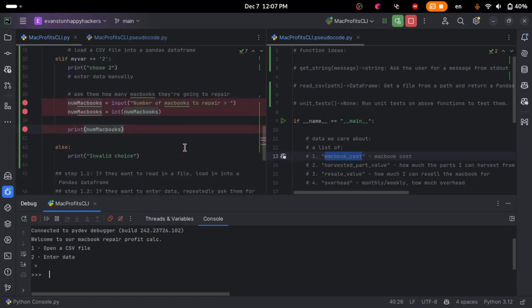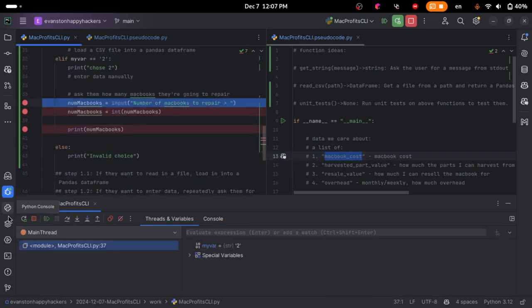So I pressed enter, and it paused on line 37. And we're about to ask the user for the number of MacBooks that they want to repair. And if I click on resume program,